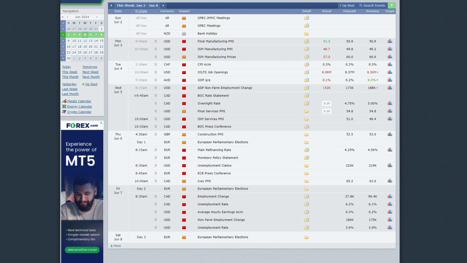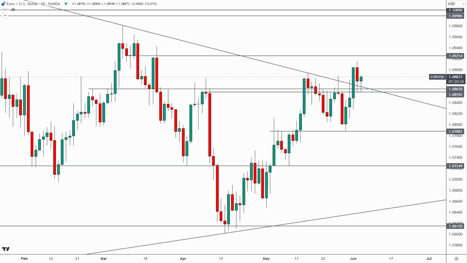First and foremost, I think that it's ill-advised to trade the euro, the pound, etc. ahead of the ECB, because even though it's not going to directly affect markets like the pound or even the Australian dollar, it is going to affect the DXY. So to that extent, considering the fact that the euro is the heaviest weighted currency within the DXY index, I think that trading any major currency pair just ahead of the ECB is ill-advised.